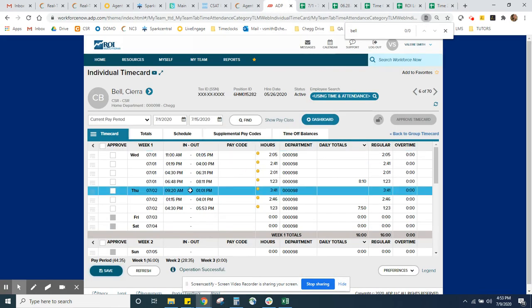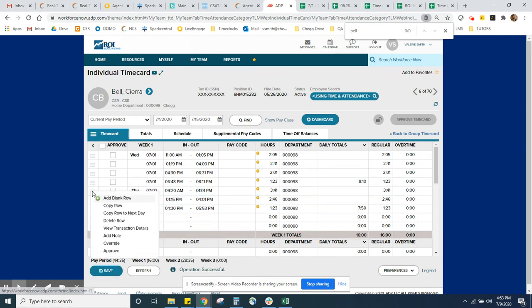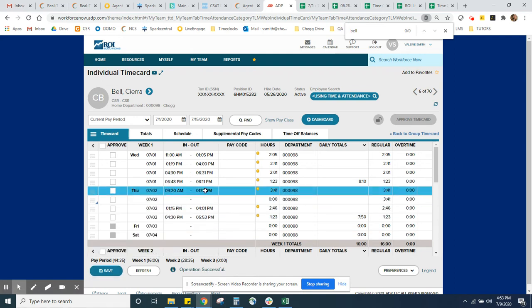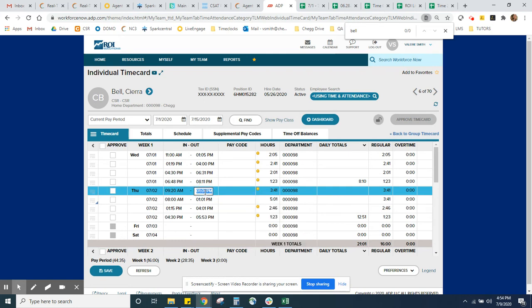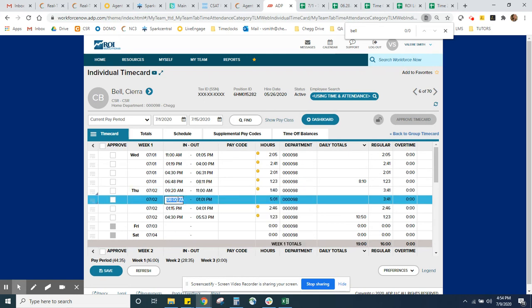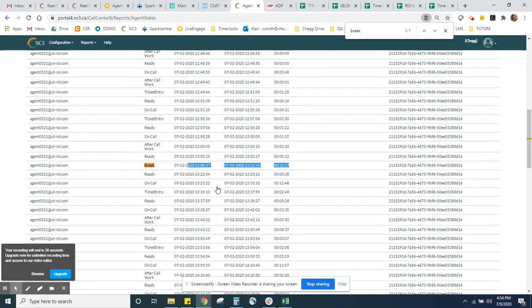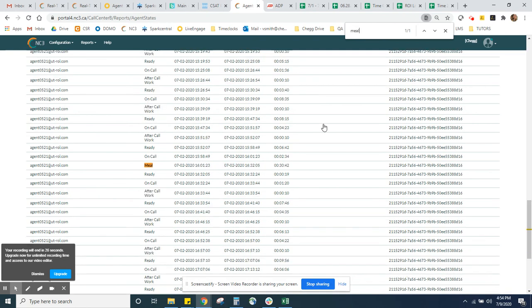So it looks like her break from 11 to 11:20 wasn't included. So I'm going to add a blank row, and I'm going to do 11 a.m. to 11:22 a.m. because I'm just matching what I'm seeing in NC3. Okay, so she clocked out for her meal,